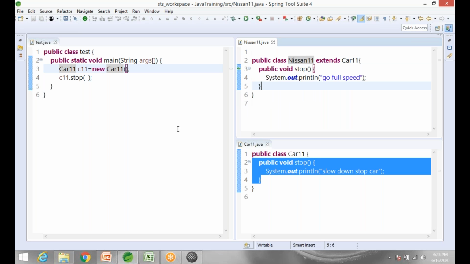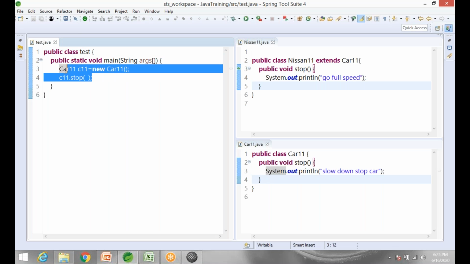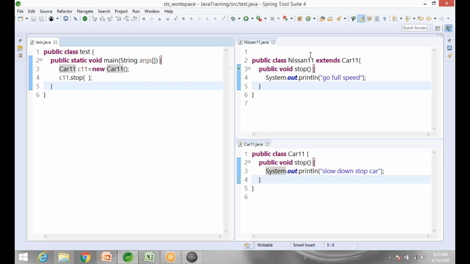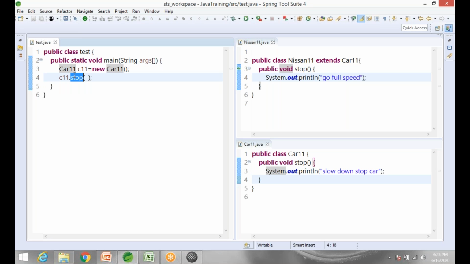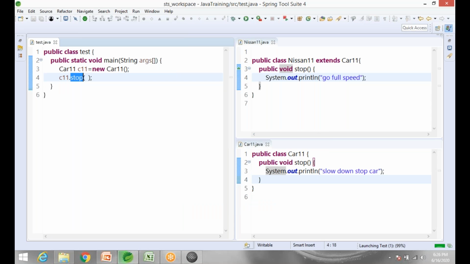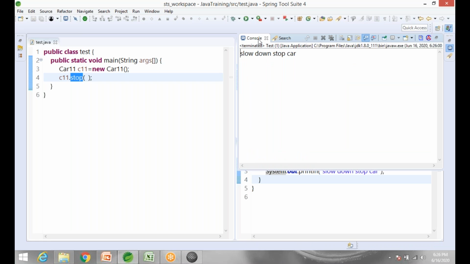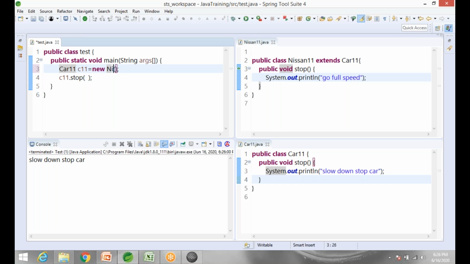Now the customer on the other hand has no idea what's going on. This is a customer who is using these classes. Customer has no idea what's going on within your company if the new programmer is trying to fool the system or whatever, right? So customer honestly tries to stop the car, and in this case everything works fine. The car slows down and stops. Perfectly fine. Now if customer buys the Nissan car,